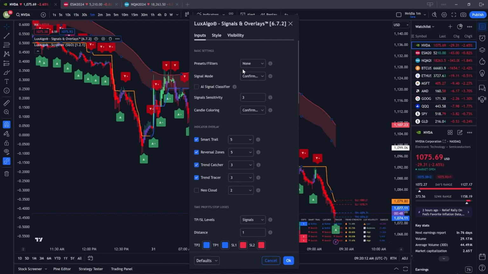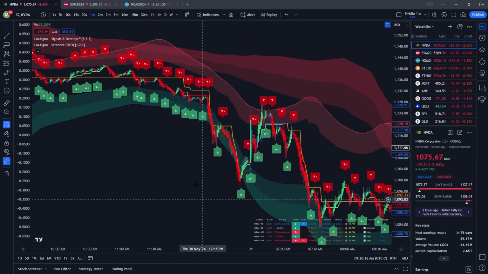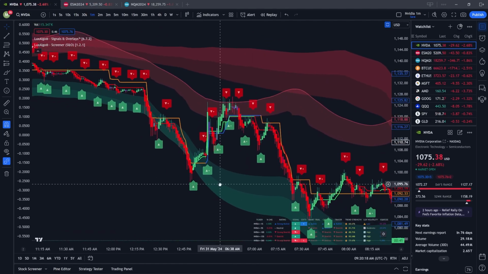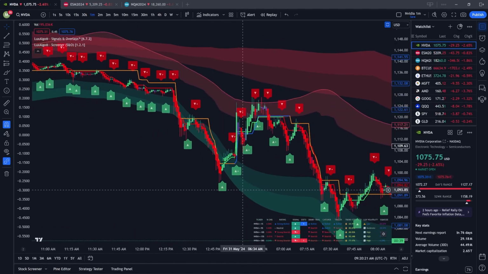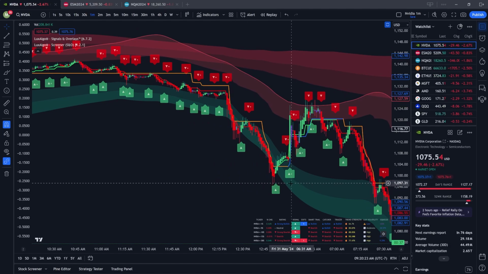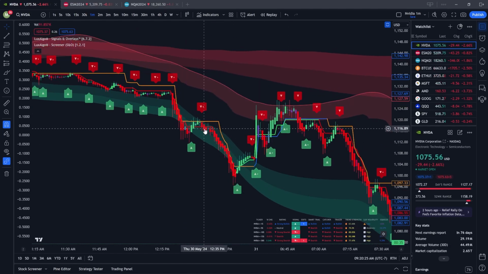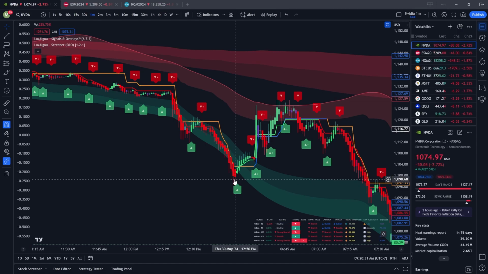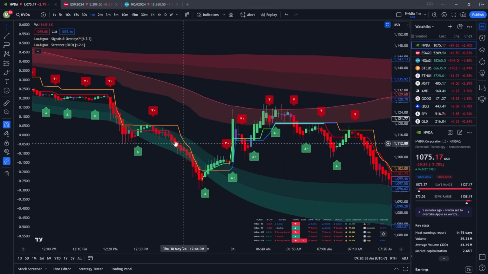Now, I've added reversal zones and trend catcher and put it to scalper, and I'll tell you why. So first of all, the reversal zones are really good for obviously finding reversals. Look, this went down. If you didn't have the reversal zone on here, how do you really know how far it's going to go down without drawing your own support and resistance lines, where this can basically do it for you? Yeah, it kind of went outside the reversal zone, but generally